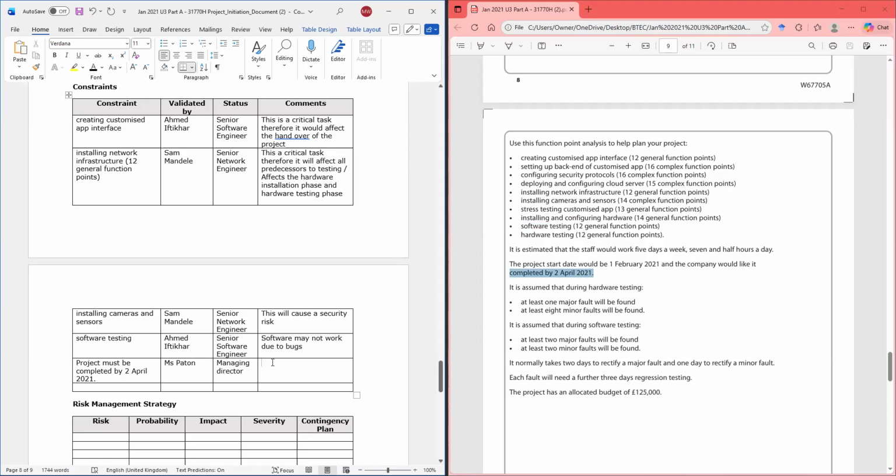Okay, so what will it impact? If it's not completed, let's say it's exceeding. So this may cause scope creep. It's going to impact the scope and also the budget.